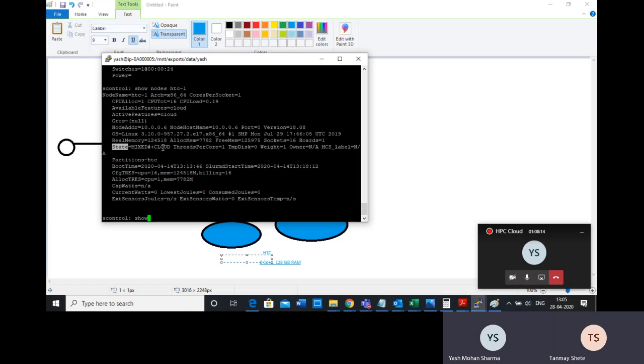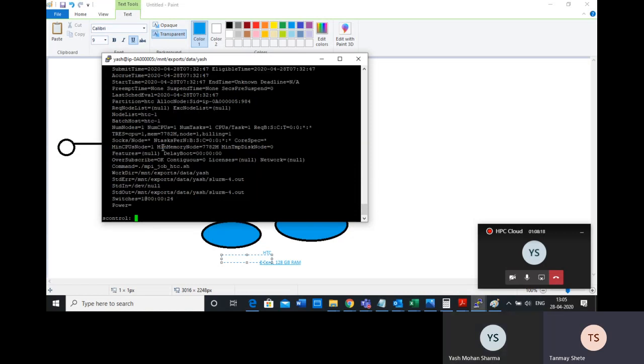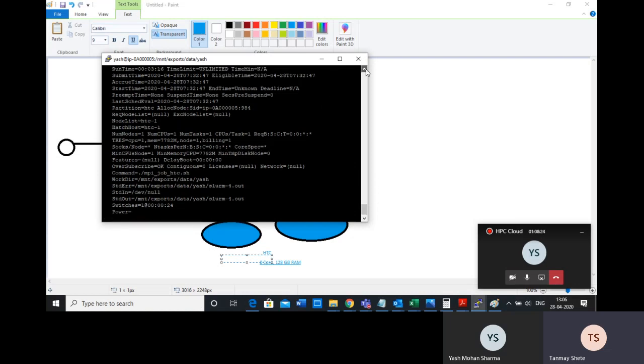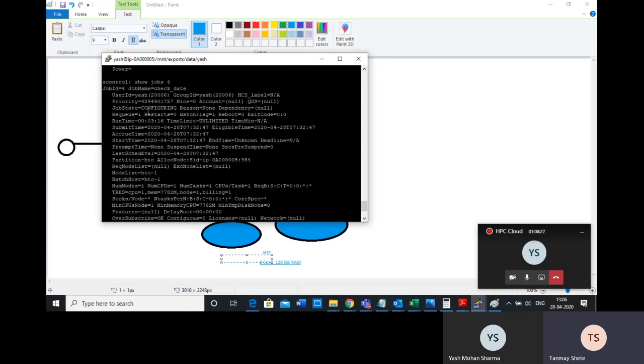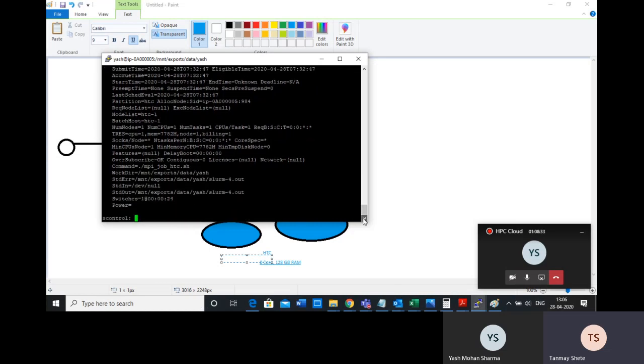I will keep on running show jobs, or show jobs 4, and it will show only the job number 4. So it is still configuring. Eventually it will run the job, and your output is going to come here. You can see that slurm hyphen, whatever the job ID is, that output will come to this directory as standard out.